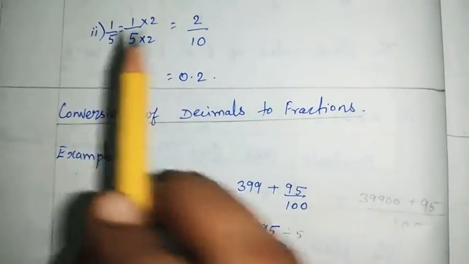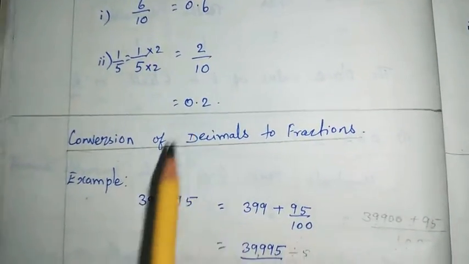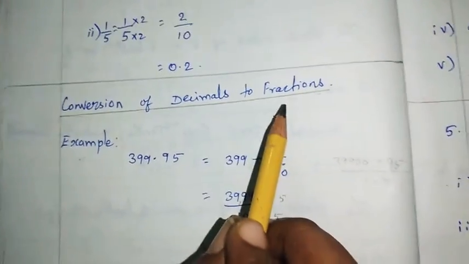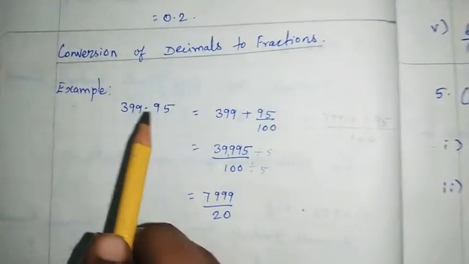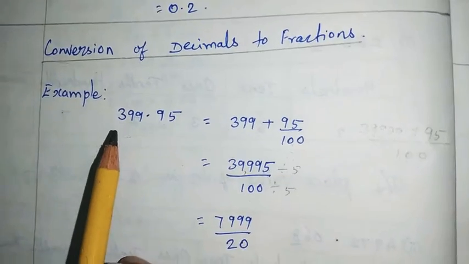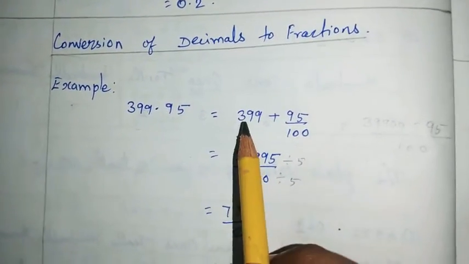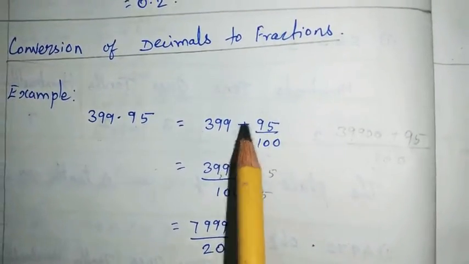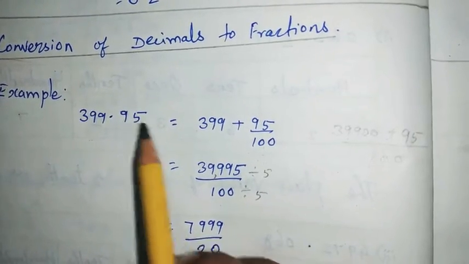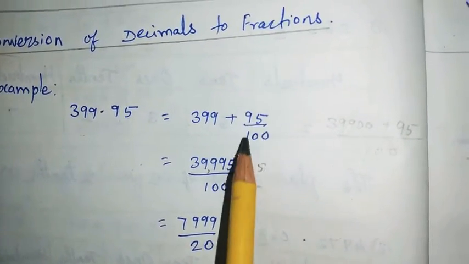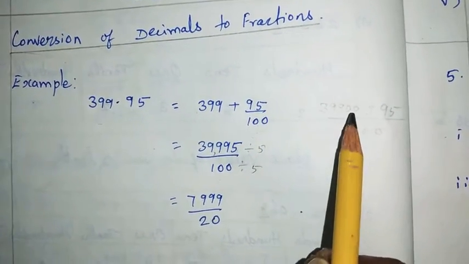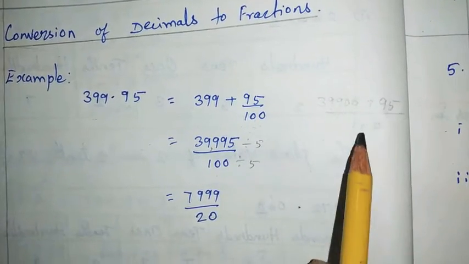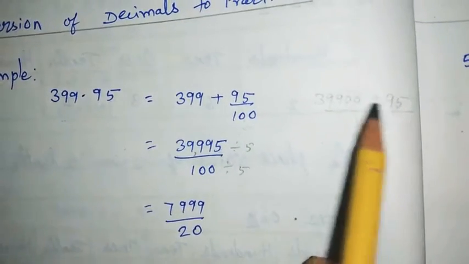As we convert fractions to decimals, decimal numbers can also be converted into fractions. Consider the example 399.95. This 399.95 can be written as 399 plus 0.95, which we can write as 95 by 100. If you take the LCM, we get 39,900 plus 95 by 100. If you add the numerators, we get